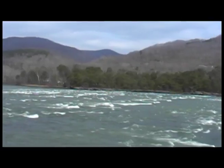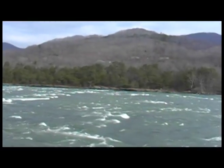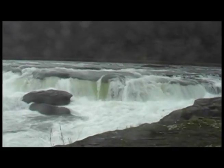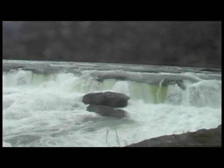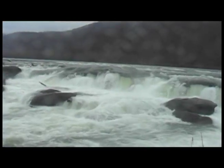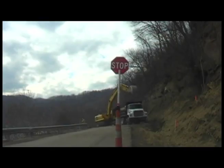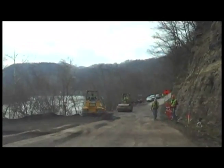Many homes, as well as a campground, have been bought by the Park Service along the road, but only by willing sellers. At this time, all construction is focused on the first section of the road and will require no one to move. However, the future plans of the road are still being decided and many homeowners are unsure